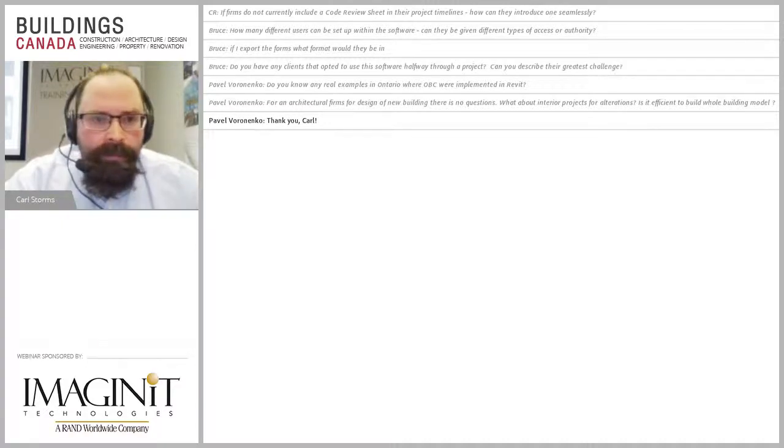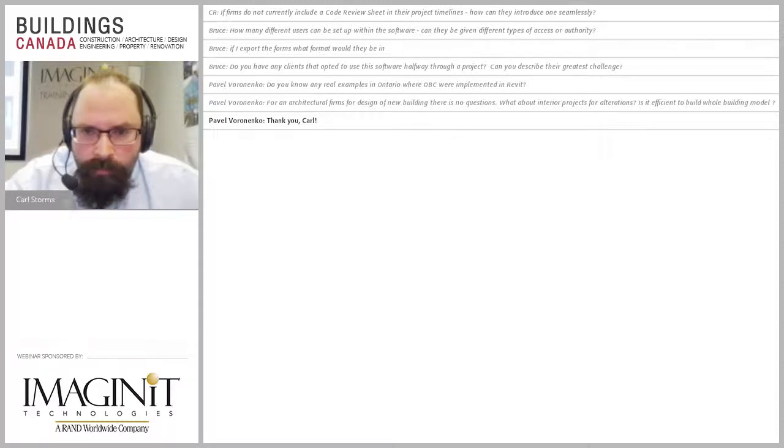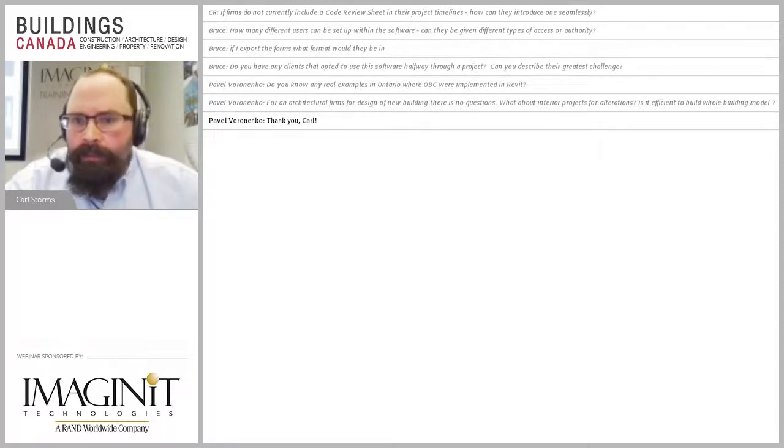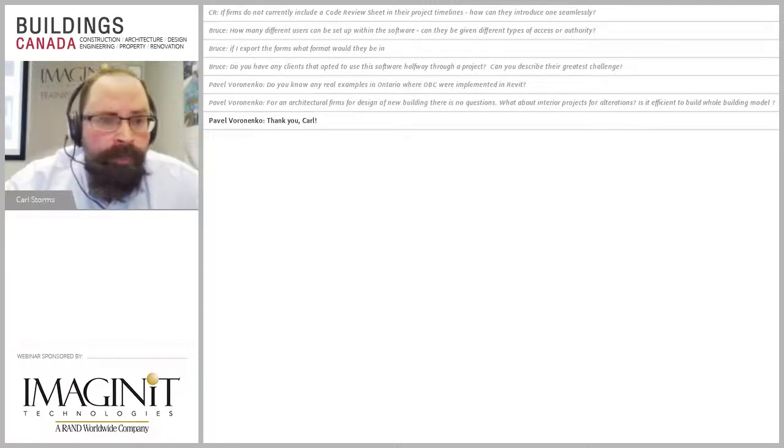I'm taking a look at CR, and he says, if you don't currently include a code review sheet in your project timeline, how do they include one seamlessly? There's no easy answer to that. Essentially, what you really want to do is make sure that you understand the particular parts of the code that you want to deal with, and you want to create that information and put it inside your